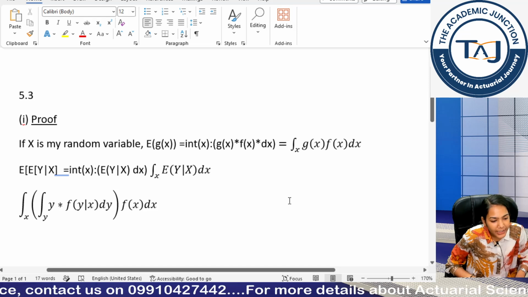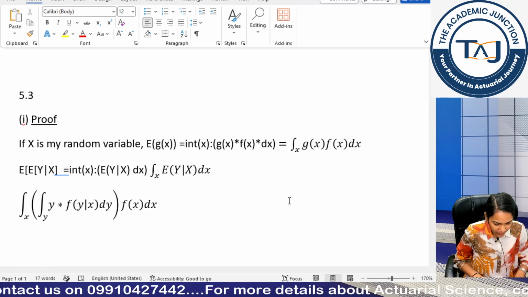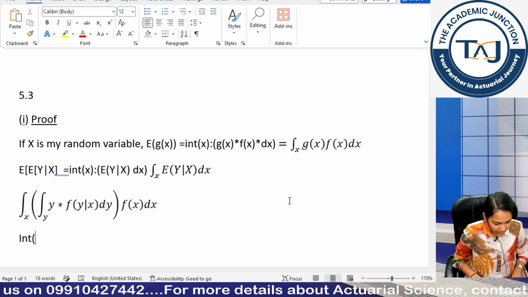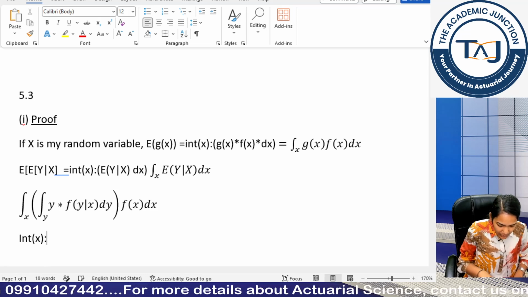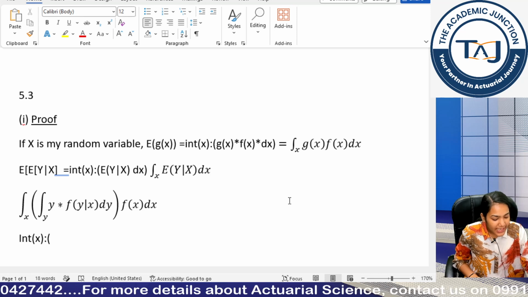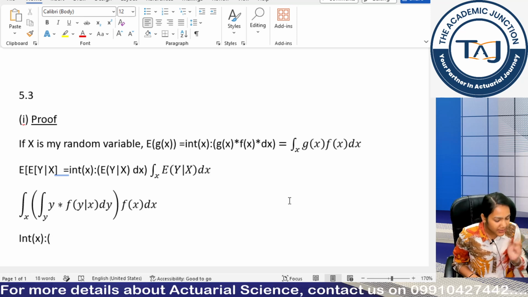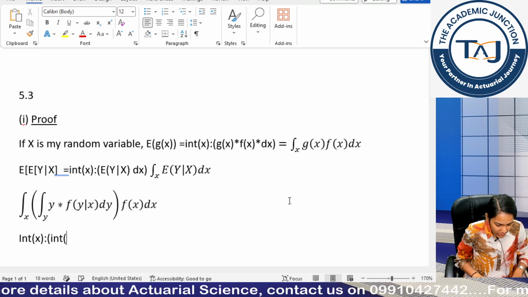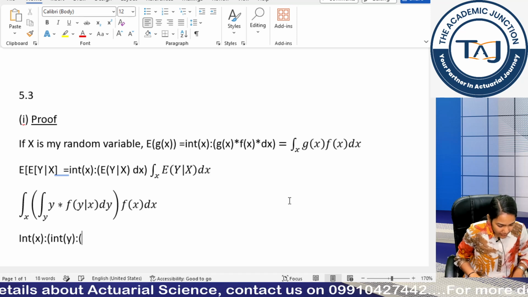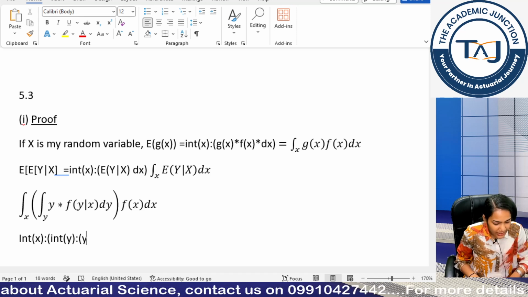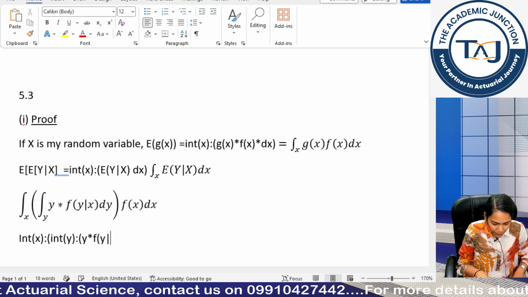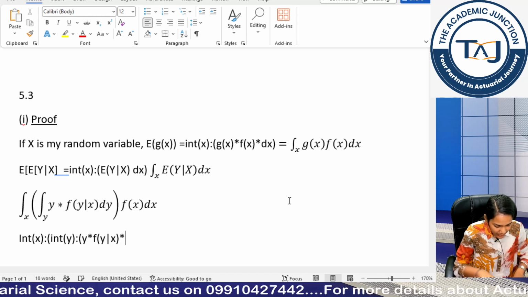If I have to write it in the normal equation, what I will do is int x, control z. This means I am writing anything within my int, that is my first integral. I have another integral, so simply int y, another integral opens. What is within the integral? y f y given x dx.